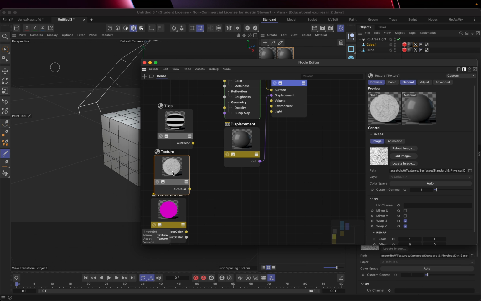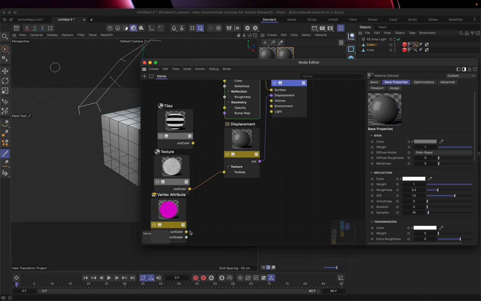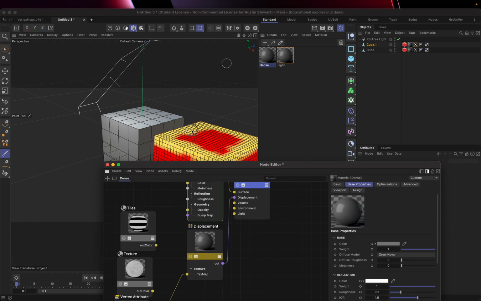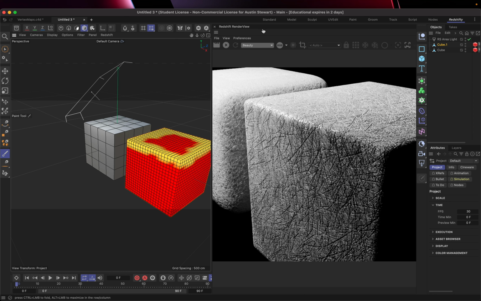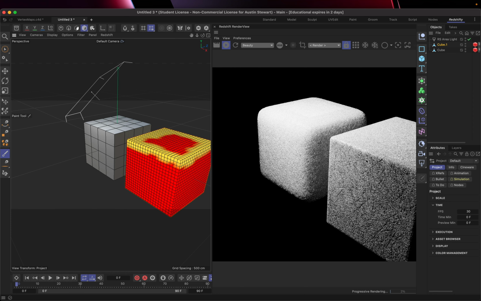Let's go ahead and undo that. Let's go ahead and swap this way. I guess deleting that was problematic. Okay, so I've connected that there. Let's just see what this looks like in the render engine, and I'm gonna go ahead and hit play on this. And you'll see that